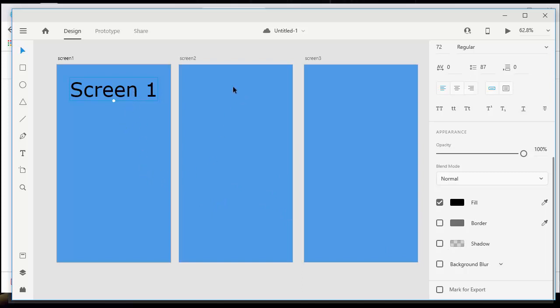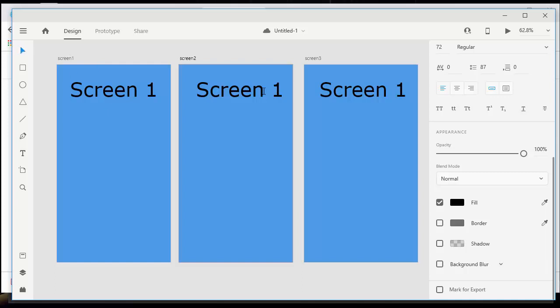Now, I want there to be text on all 3 of your screens today, but again, I'm going to use a quicker way to do this. I think I'm going to use the arrow tool, hold the Alt key, drag this over, and put one over here, and I will hold the Alt key, click, and drag this over, and I'll put one over here. Now, I don't want them to say screen 1, screen 1, screen 1, so I'm just going to double click to get into editing mode, and I'm going to get in here and make that say,